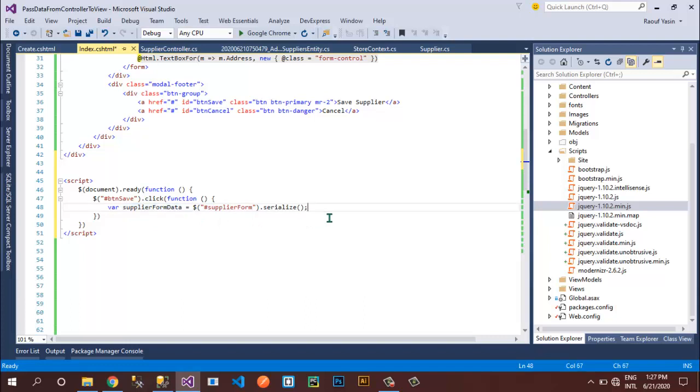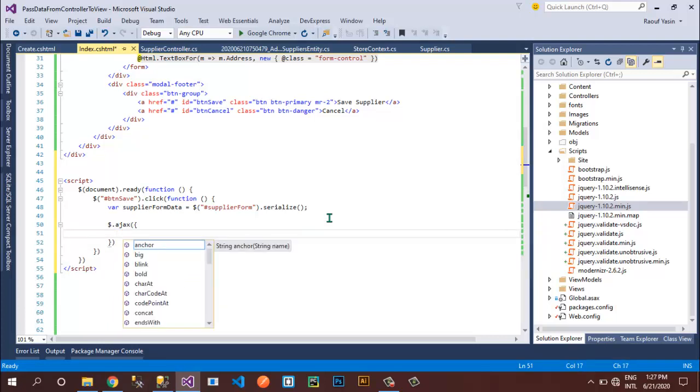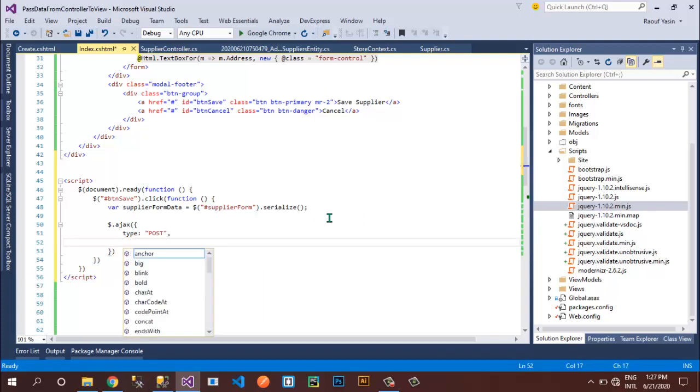After this I'll write $.ajax because we want to pass an Ajax request, and inside this I will pass the type of my action as post, and after this I'll pass the URL.